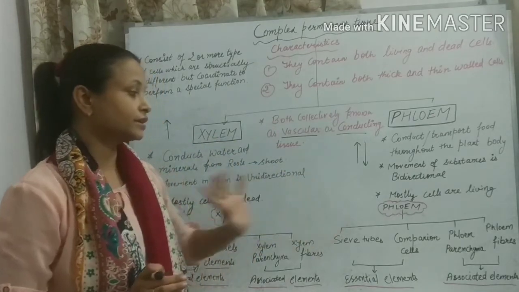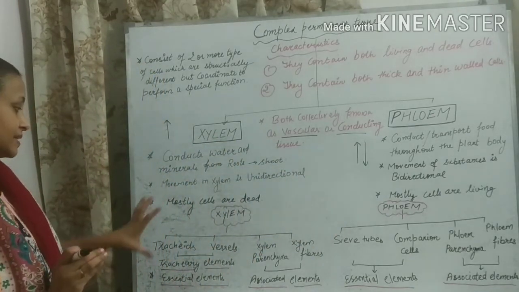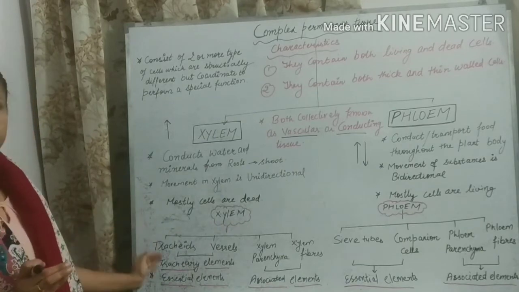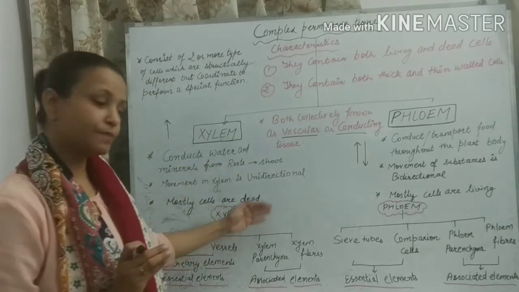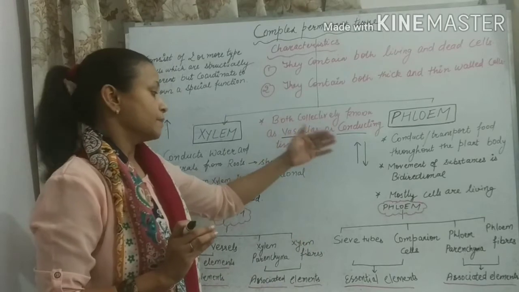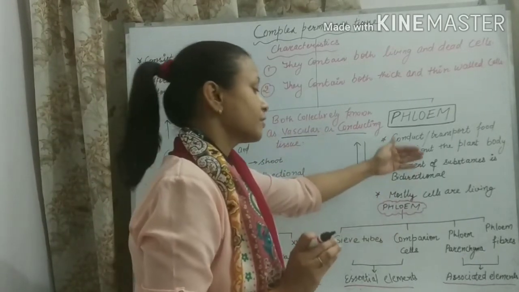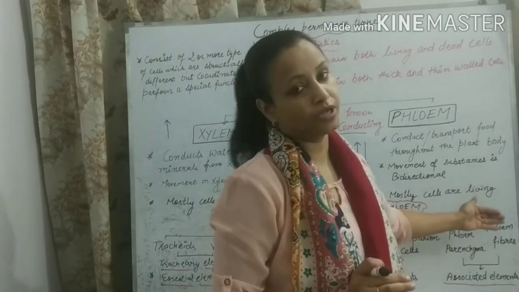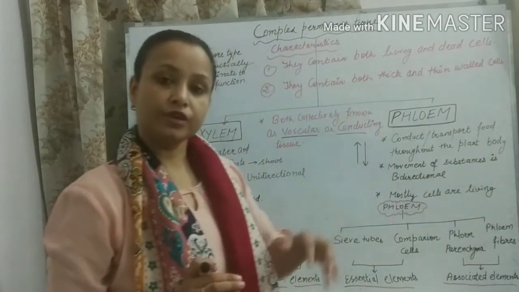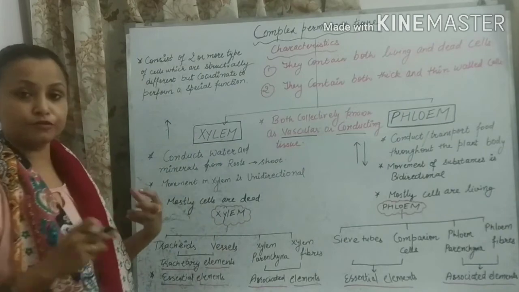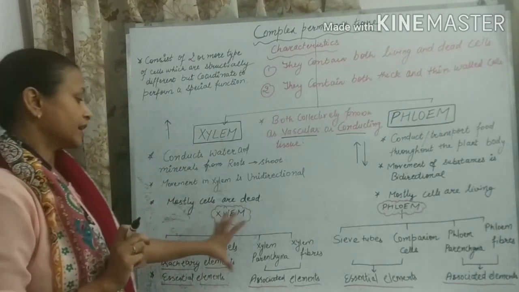You can see the differences between the cells. Xylem tissue has tracheids, vessels, xylem parenchyma and xylem fibers, but phloem tissue has sieve tubes, companion cells, phloem parenchyma and phloem fibers. Now we are going to discuss first the different kinds of cells of